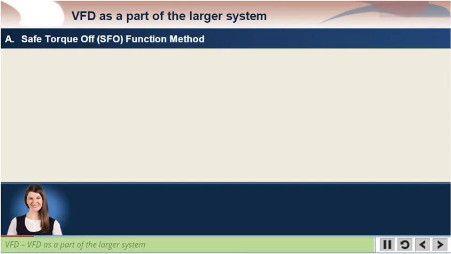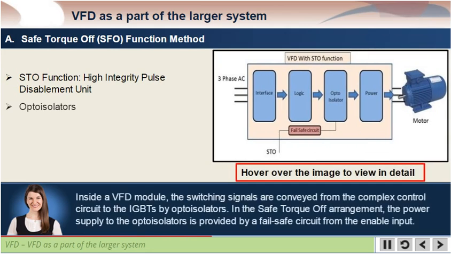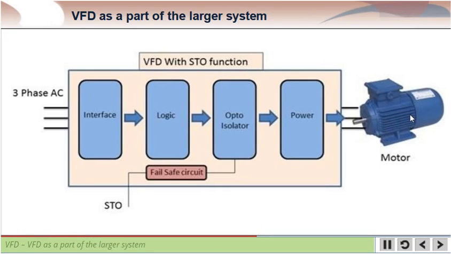Safe torque-off, STO, functional method. STO function is a high-integrity pulse disablement unit which isolates power of firing pulses to semiconductor devices, that is IGBTs, in the drive. Inside a VFD module, the switching signals are conveyed from